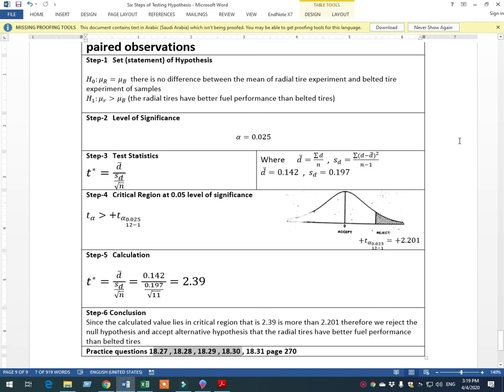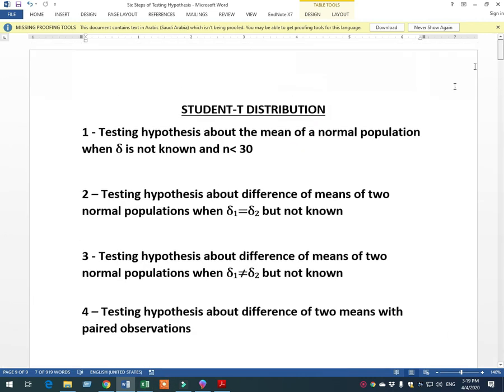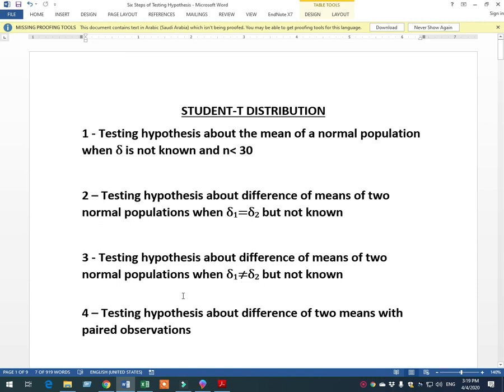So guys, this was the whole chapter of the T distribution. Here we have done these 4 kinds of tests in the T distribution, and that would be a very important part of your final term examination. So keep practicing these questions again and again, and if you find any kind of query,